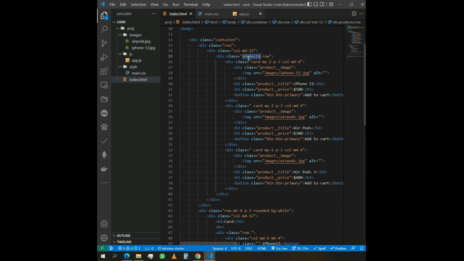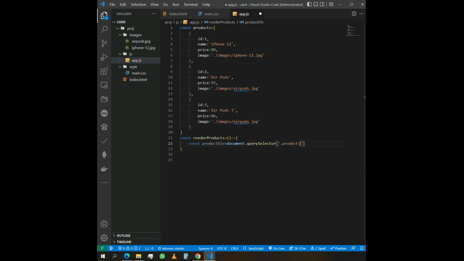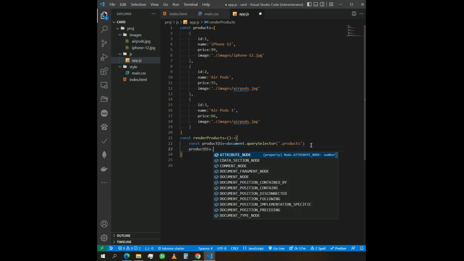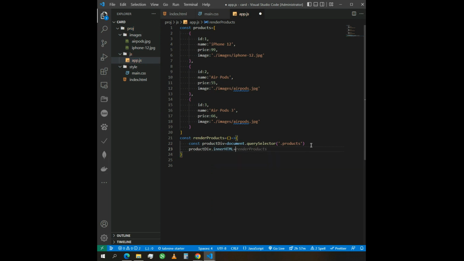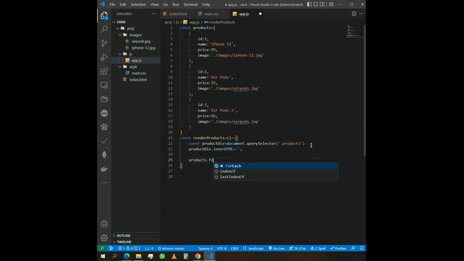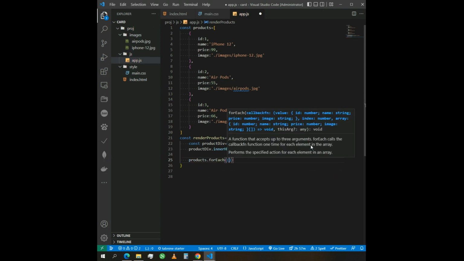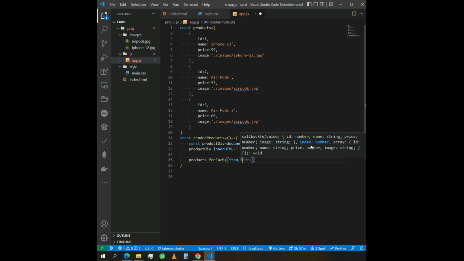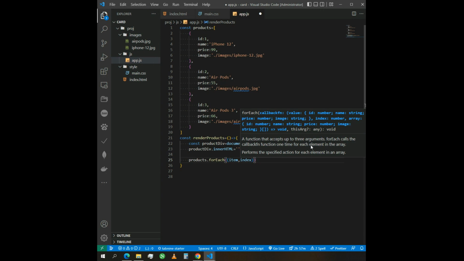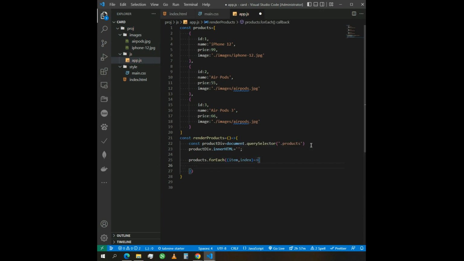In here we have products, and set products container dot inner HTML is an empty string, and products dot for each, and we have item and index, and arrow function,